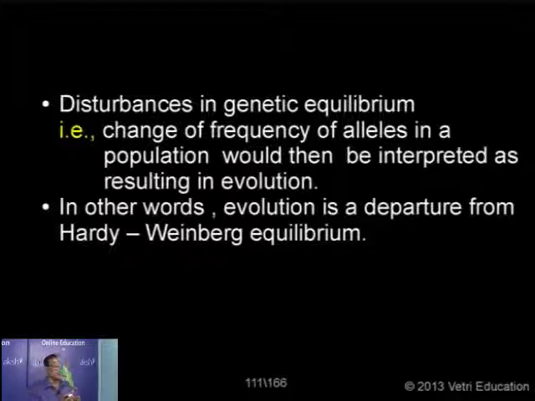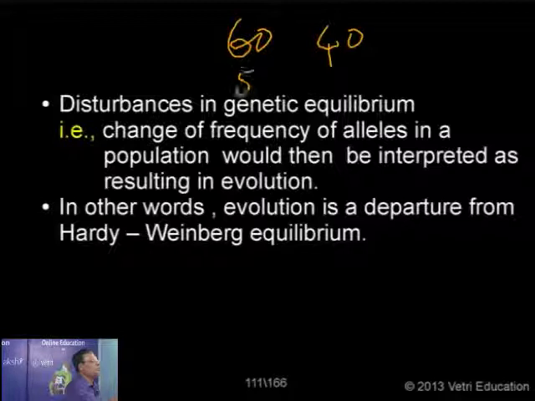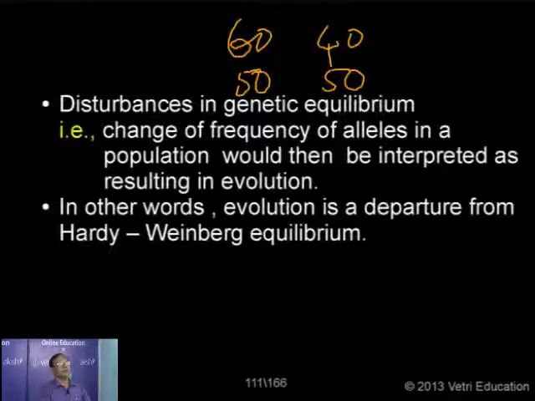So if you are not getting P plus Q equal to 1, if there is a change in allelic frequency of either P or Q, already we calculated P is equal to 60%, Q is equal to 40%. But all of a sudden what will happen? P is equal to 50%, Q is also equal to 50%. That means we have obtained an unexpected value. So we would interpret it as something happened, some evolutionary change occurred. So if we are considering Hardy-Weinberg equilibrium, it is a departure for evolution.